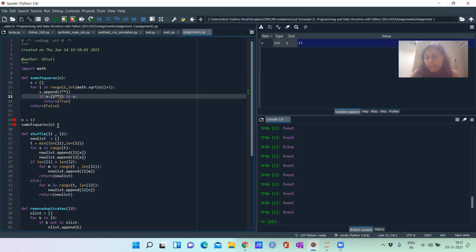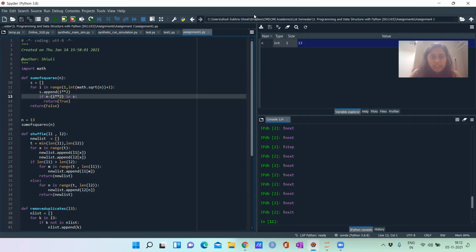Any confusion here? Did you guys understand how this debugger is working here? And I think it will help you for your next assignments, for how to check what is happening inside the function. You don't need to print everything inside it.